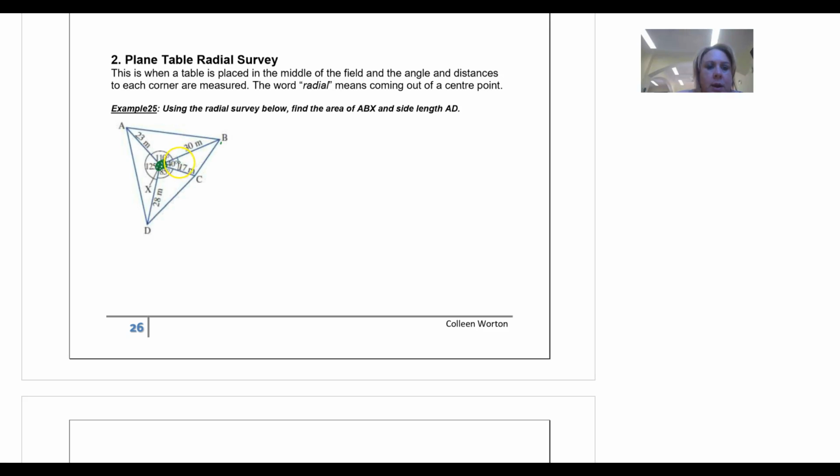So we've got three sides and an angle. It says find the area. Oh no, we want to find the length AD. Oh, I'm over here. Let's just find the length BC. If I want to find the length BC, I've got this triangle with 30, 40, 17, and X. So because I've got three sides and an angle, it's the cosine rule,